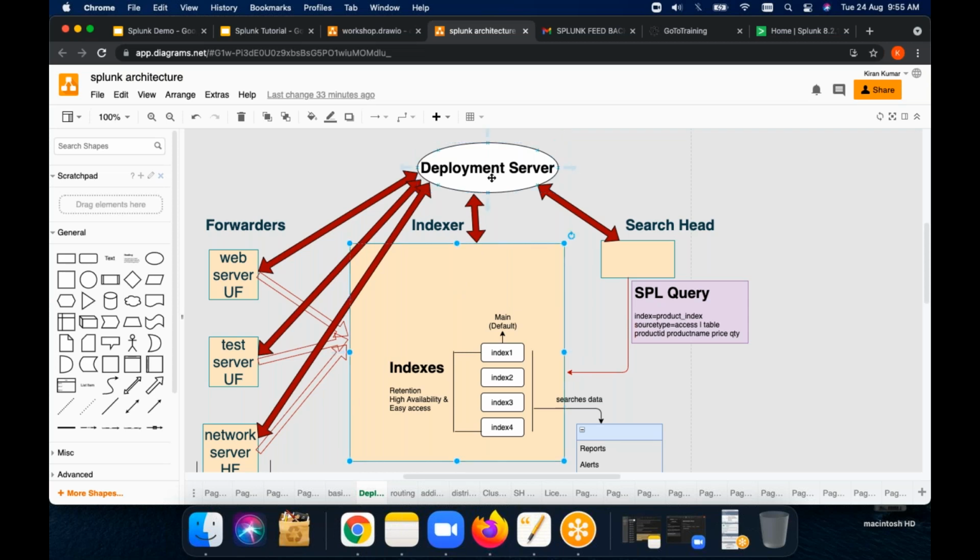Then in that case, can I add another instance of a deployment server as a client to the deployment server itself? This is a good interview question and a certificate question as well. Because the deployment server configures every component of Splunk, that's its duty. It provides apps and updates to all the components of Splunk, either remote or on premises.